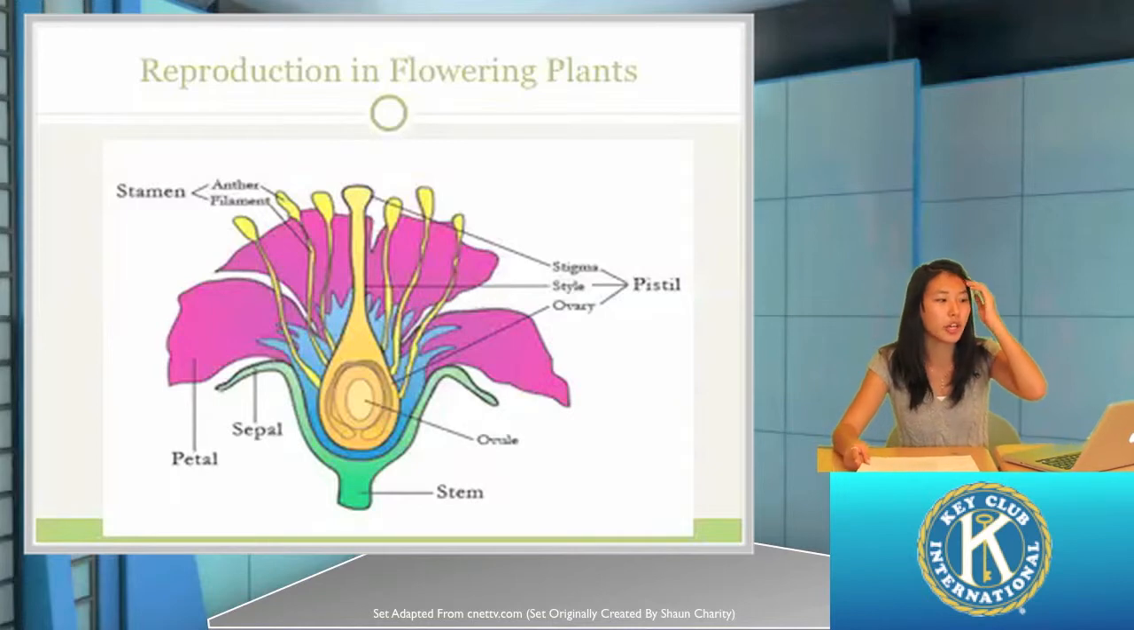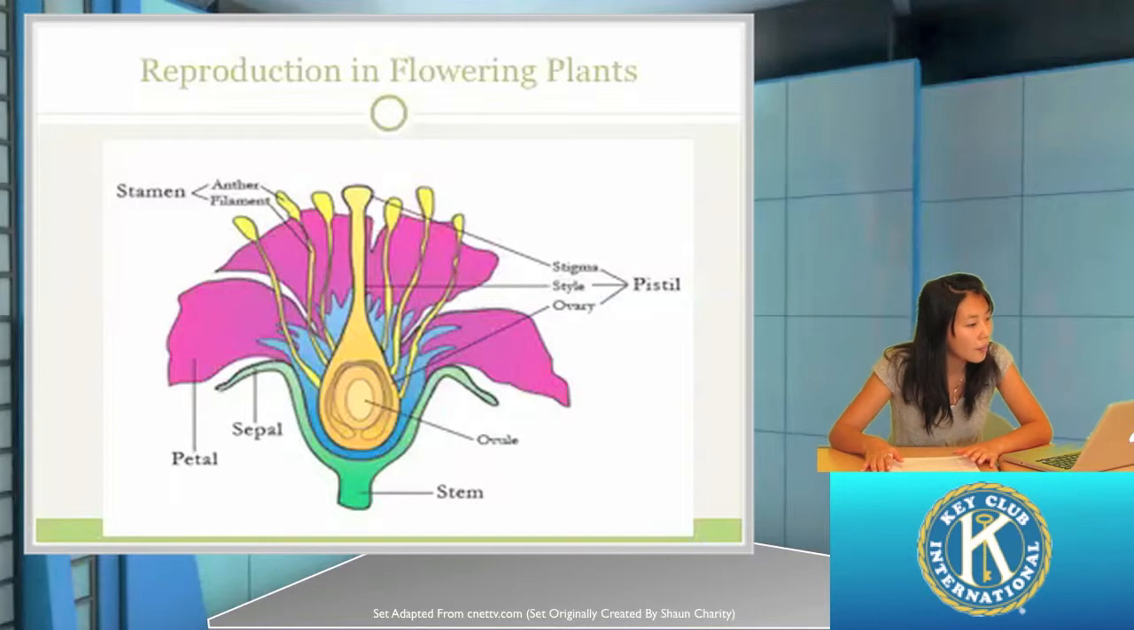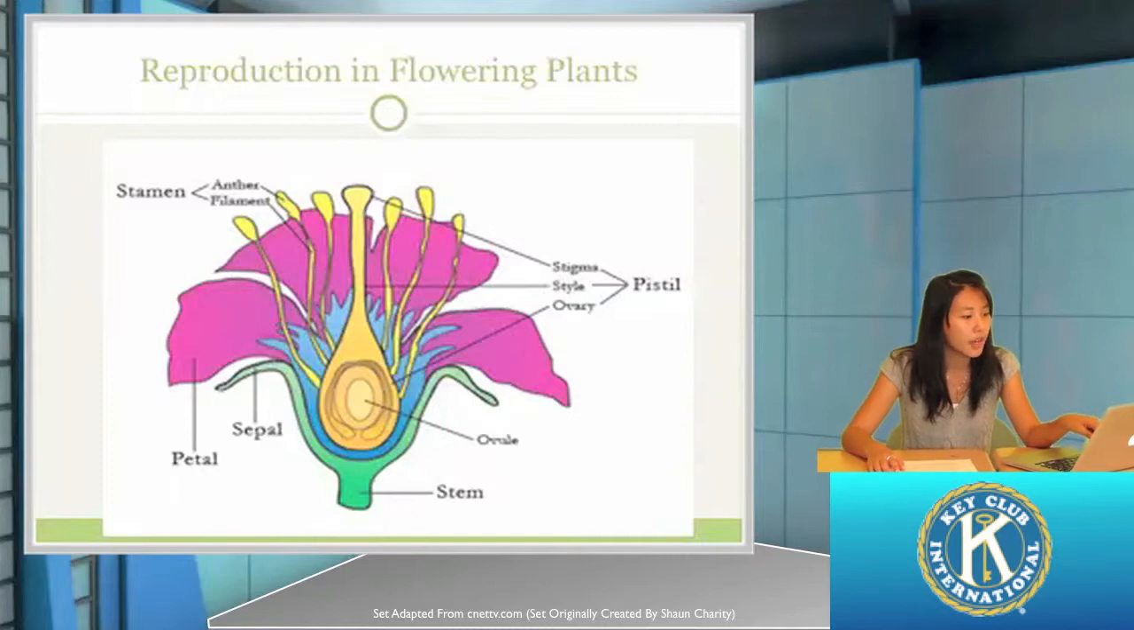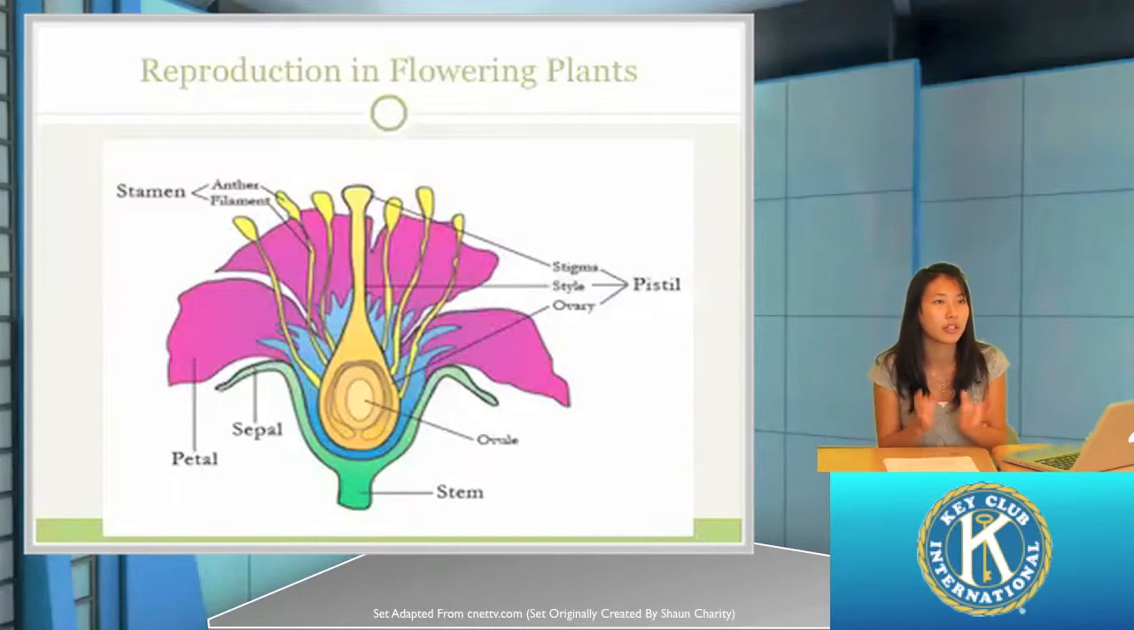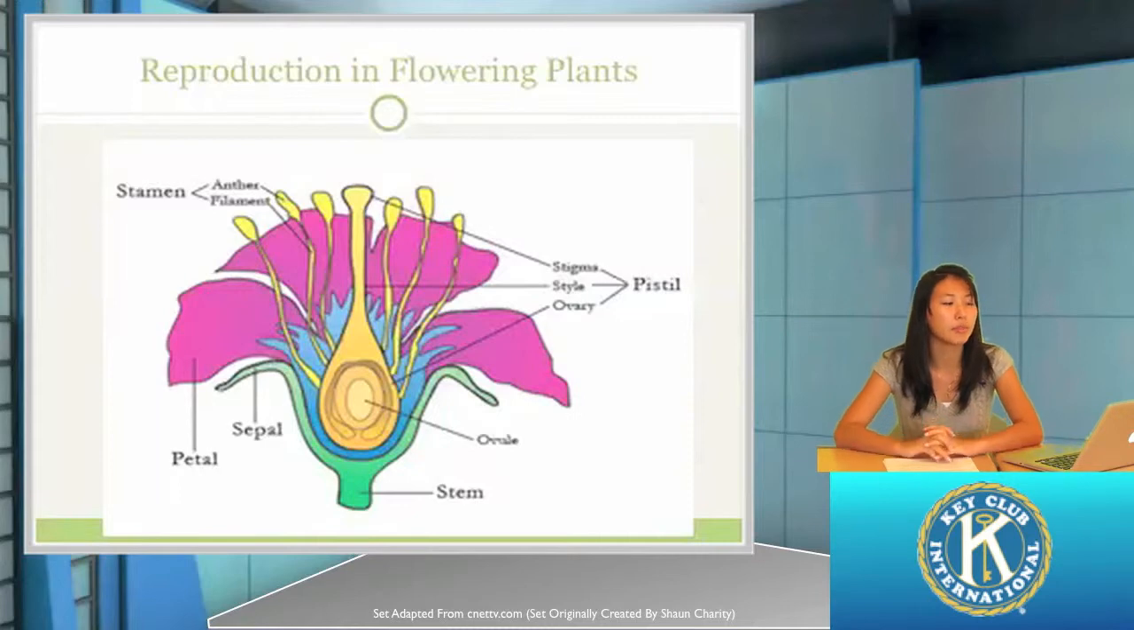Now, for the reproduction in flowering plants, in this case the angiosperms, you'll see that it has many different parts that aid in the reproduction of the flowers. First, we have the sepal. The sepal's main purpose is to protect the ovary, and it keeps the flower together. The petal's main purpose is to attract insects such as bees to support the pollination,